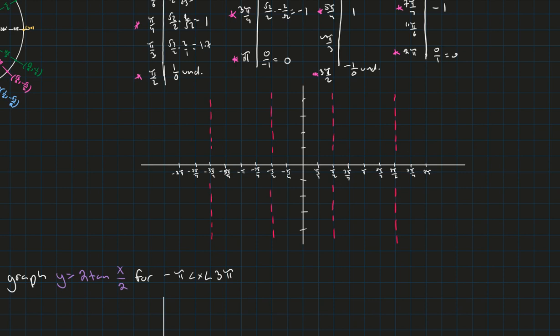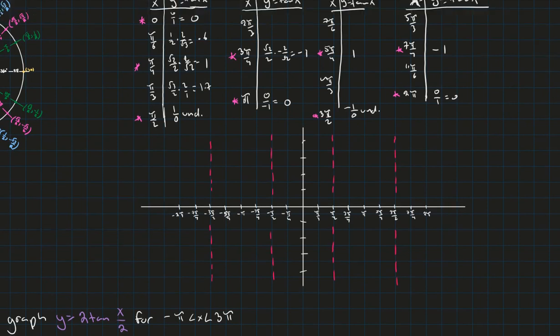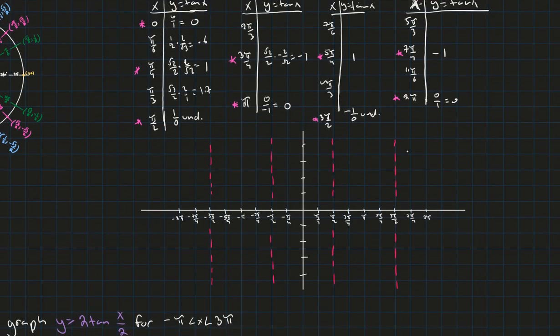So over here, I have 0, 0. And then I have pi over 4 is 1. So let me label these properly just so they make sense. So let's just label this 1. Let's label this negative 1. Right? And then, well, if I think about it this way, if pi over 4 is 1, and if I